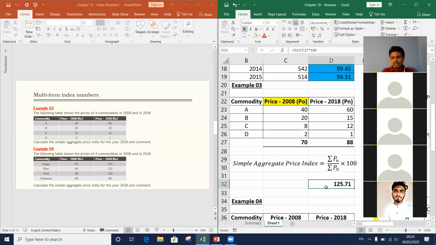By looking at this answer, how can we interpret it? කොහොමද මෙයා දිහා බලලා interpret කරන්න පුළුවන්? මොකක්ද අපිට කියන්න පුළුවන්? What can you say? Prices